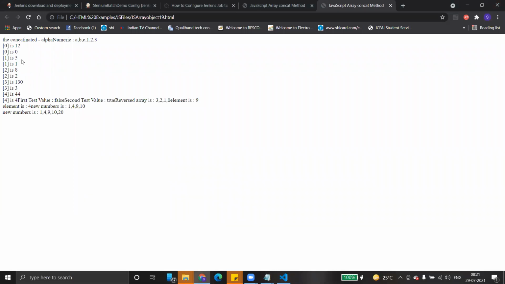Why is this page able to be seen? We are able to see it because the browser supports JavaScript. Whenever you open an .html page, your browser is able to read the JavaScript code. That means your browser should support JavaScript. Then only we can execute our code. Otherwise, you can't execute. Okay, clear?